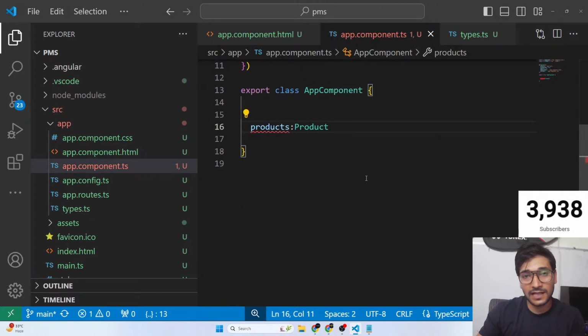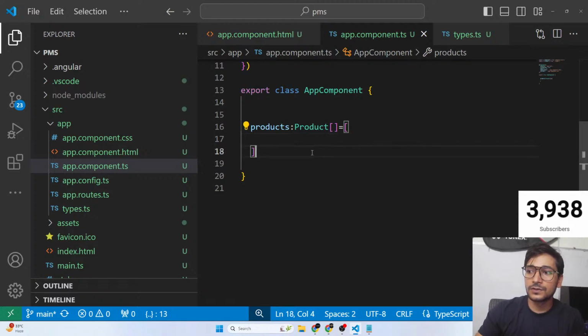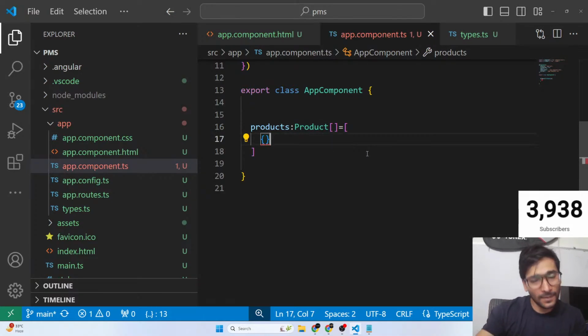Let's say we call it as products. Now our name is products. Type is product equal to an array. And yeah, don't forget, you also have to give a type here. It's going to be an array of product, right? So products is the name of the variable. Inside that, we are storing an array of product types, right everyone? I hope you remember TypeScript, and now we can go ahead and create objects.